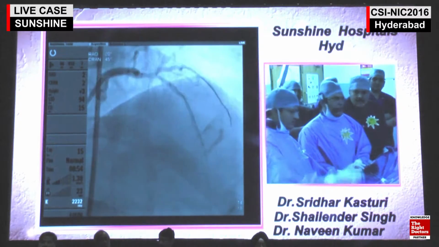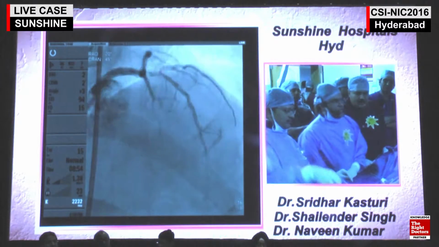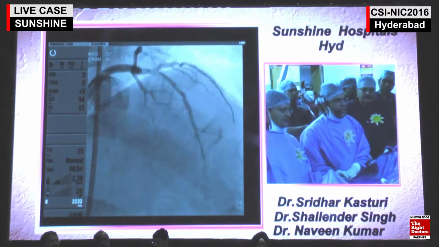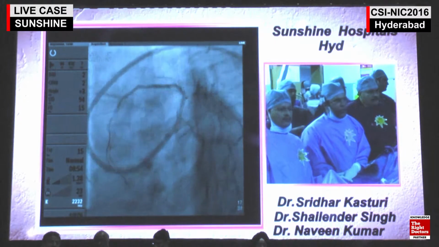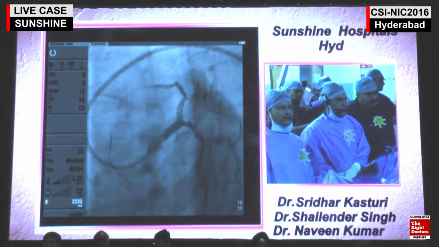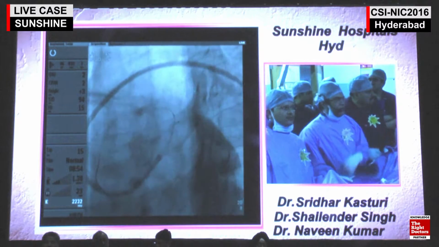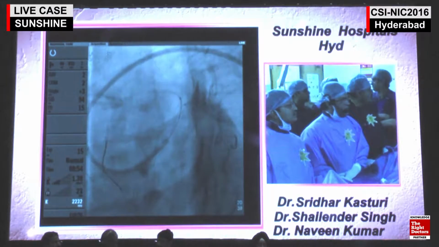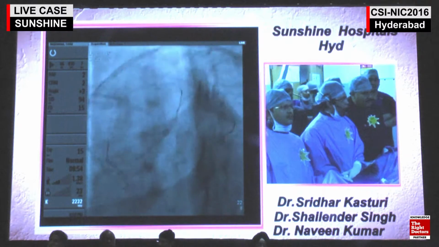Adequate preparation was already done, because the OCT size was about 2.8 and it was dilated to 3.8. Even the diagonal was dilated to 2.5 mm. I just wanted to ask whether you use OCT in all your BVS patients. Do you use it in all patients or in selected patients, Dr. Sridhar?